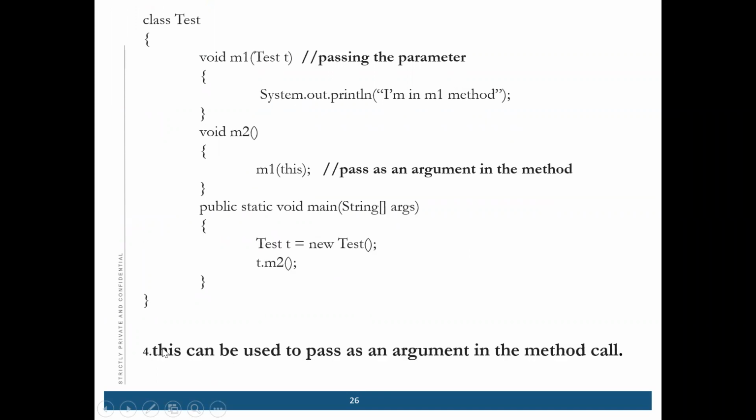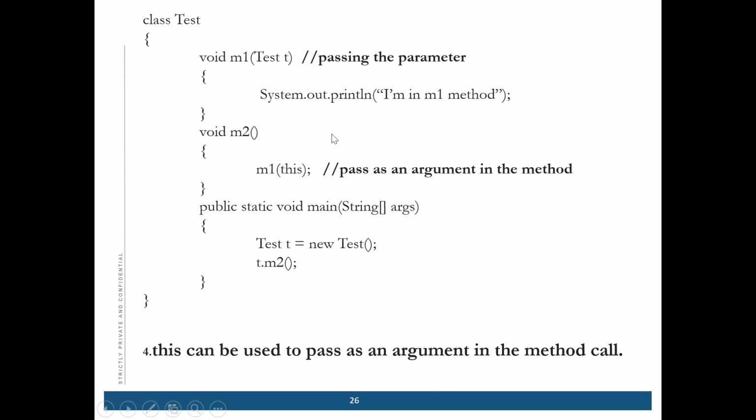Now the fourth use is this can be used to pass an argument in the method call. Suppose there are two methods, method 1 and method 2. In this method, we can call this, passing the parameter as Test t.